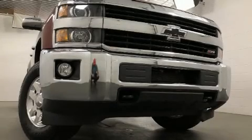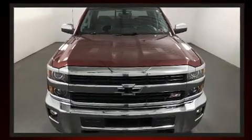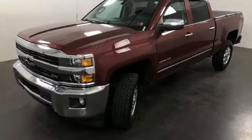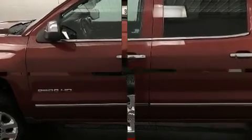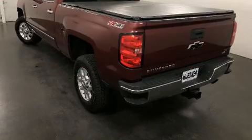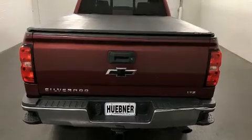Discerning drivers will appreciate the 2015 Chevrolet Silverado 2500 HD. It features four-wheel drive capabilities, a durable automatic transmission, and a powerful 8-cylinder engine. Top features include a split folding rear seat, a rear step bumper, automatic dimming door mirrors, skid plates, a trailer hitch, and power seats. Features such as automatic climate control and leather upholstery prove that economical transportation does not need